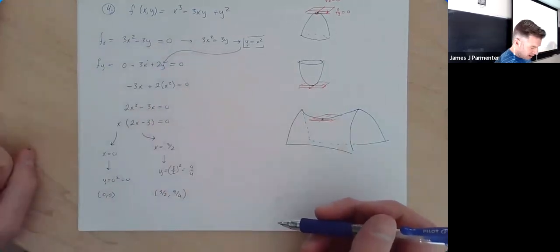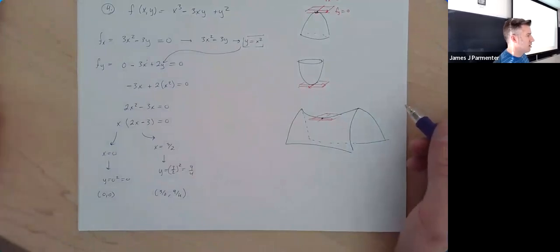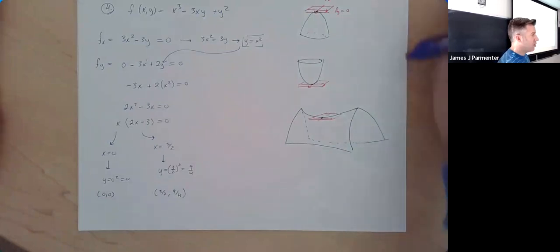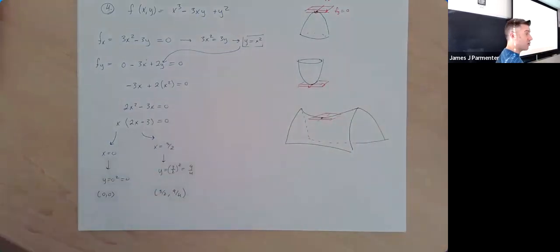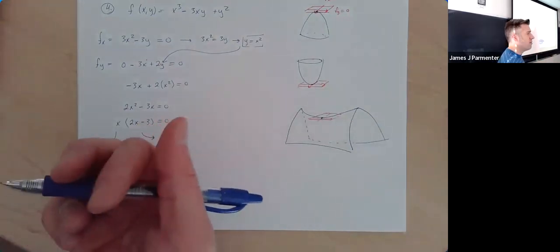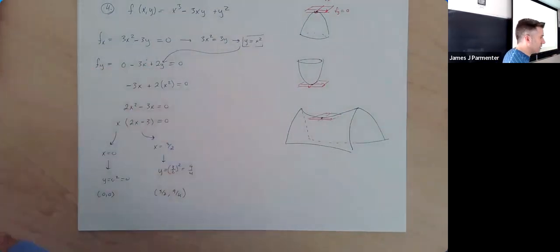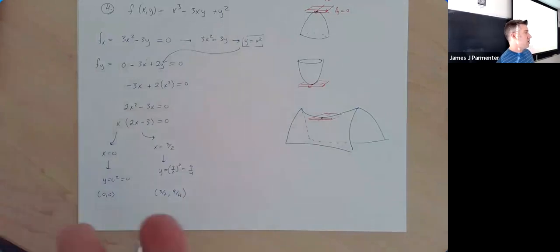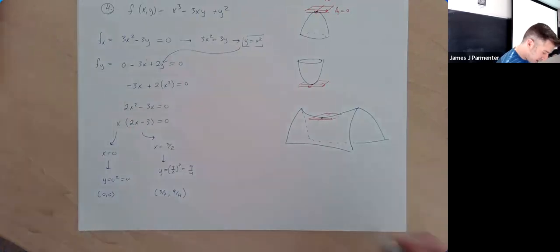Okay. How do we figure out if they're maxes or mins or something else? It's actually the second derivative test. So back in 16A, 16B, I don't remember, back in whatever class we learned how to do this, right? We learned that you could show that a function has a minimum, not by showing that it goes from decreasing to increasing, but by showing that the second derivative is positive, right? For example,